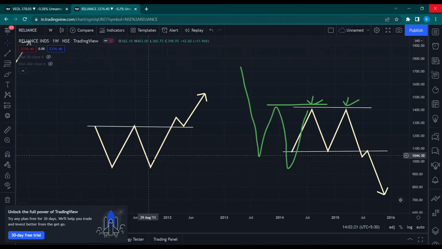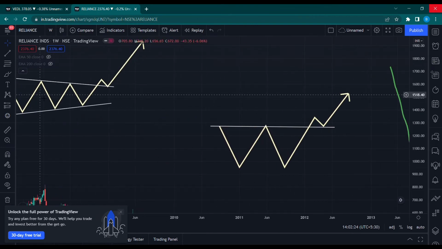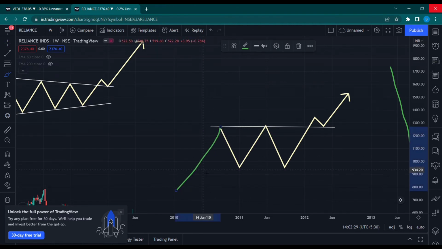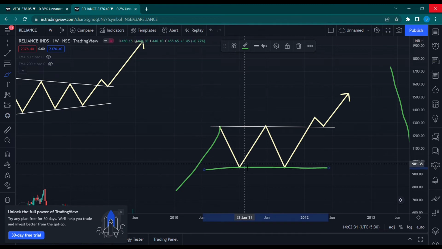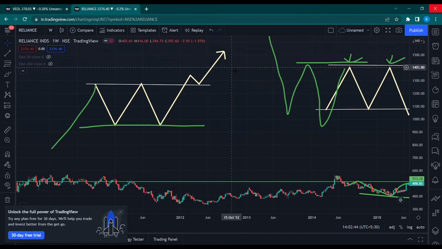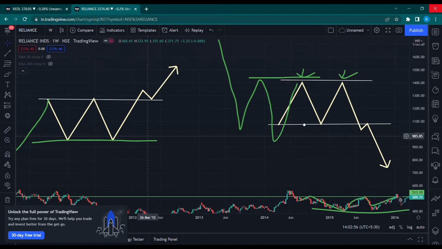So the counterpart of it is the double bottom. In this case, maybe the prices were going up, right? The overall trend was on the upside, and then this was a support level, right? And it bounced off from the support, and then it broke the resistance, and then it went up, right? So these are the two basic patterns which you can find. We'll be looking at these patterns first of all, and then we'll be examining some real life applications of them, right? So these were double top and double bottom.